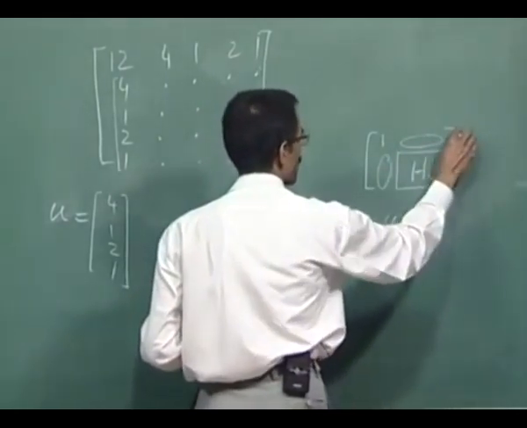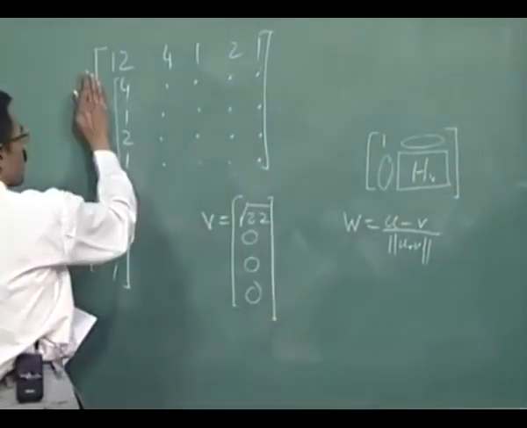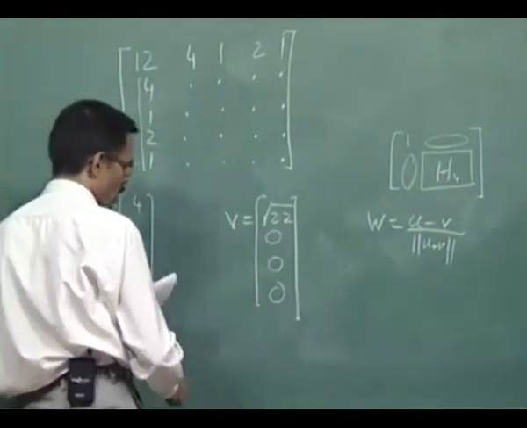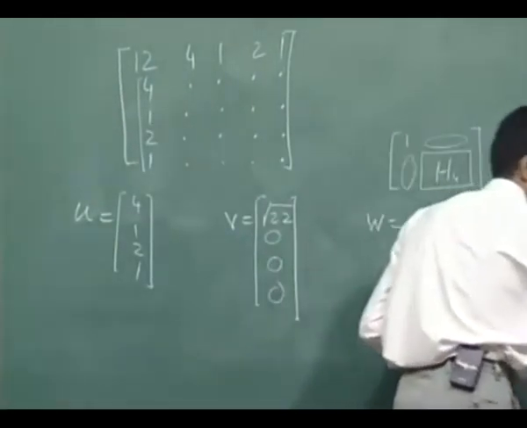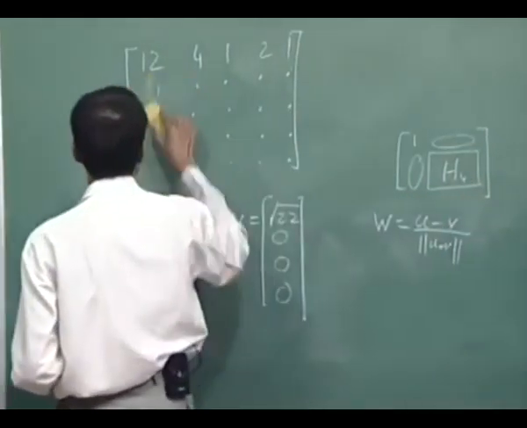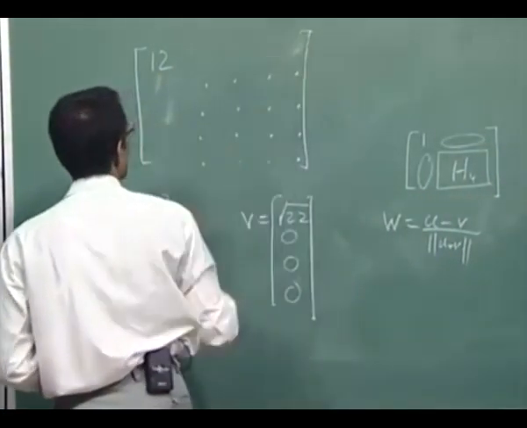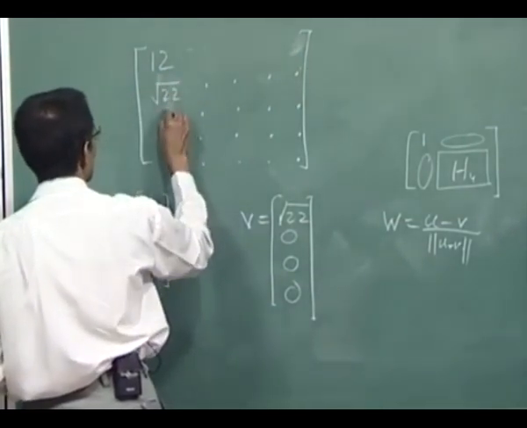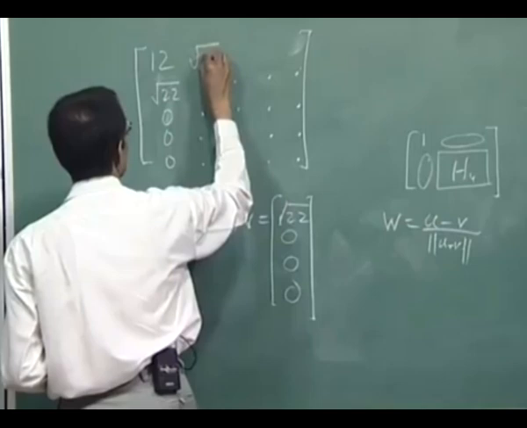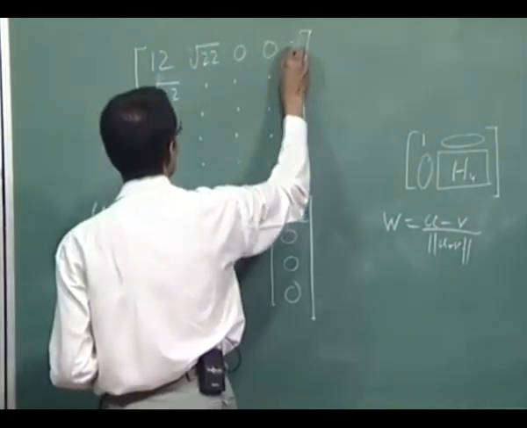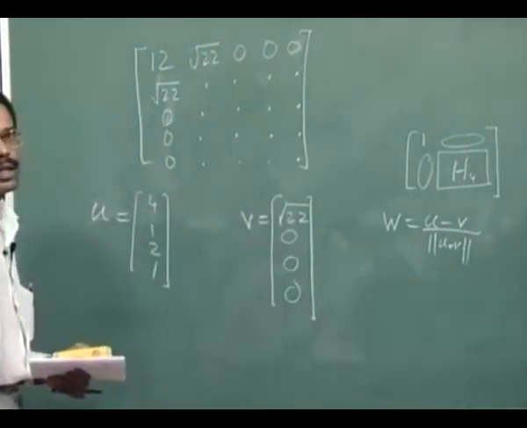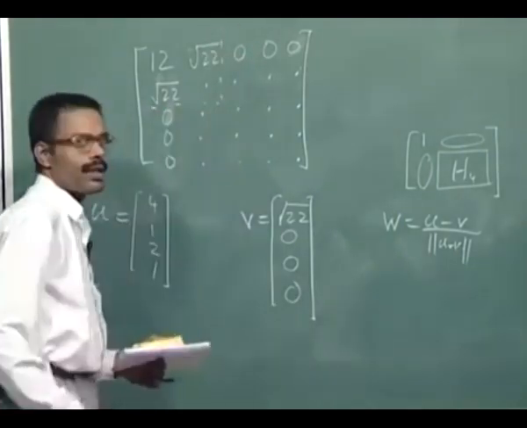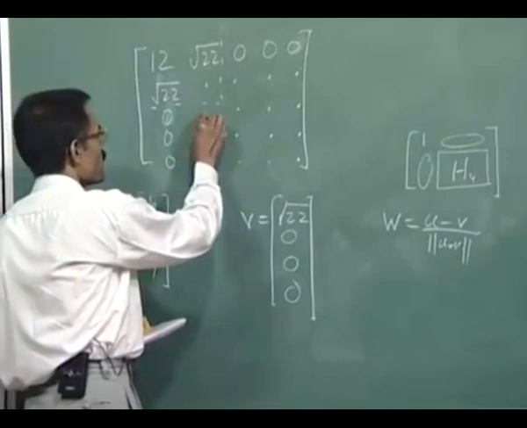When this matrix is multiplied on this side and this side to this matrix, then the transformation that will take place will make these root 22 0 0 0, similarly here root 22 0 0 0, right. Then we will find that this much is secure, and then whatever is here,